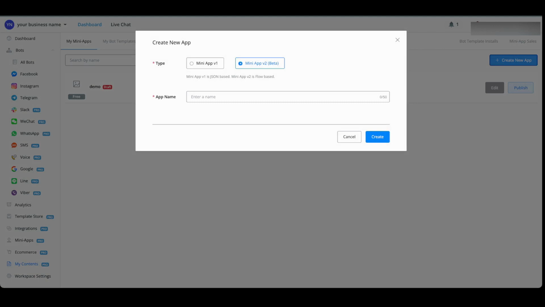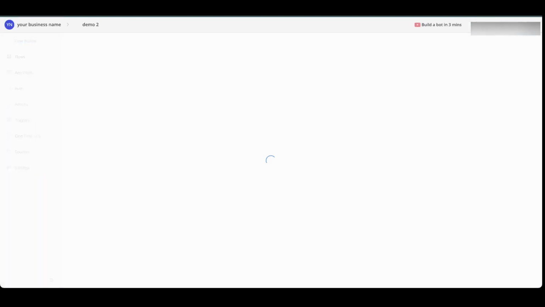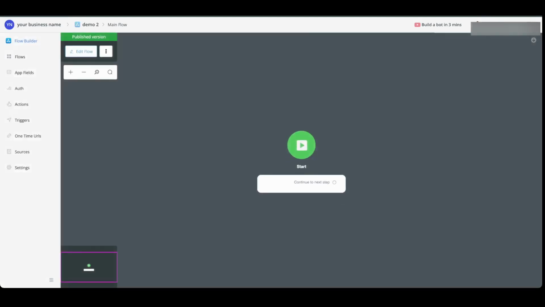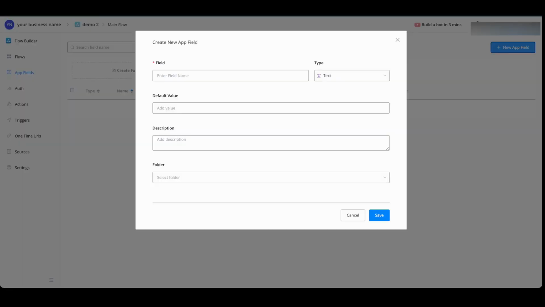If you want to create a new app with the mini app version 2, it's pretty similar. You give the app a name, you press create. If we go into edit mode, you will now come to a flow builder like environment, like the one you will be building with your chatbot flows. On the left hand side, you will have app fields, which you can pre-build, and you have the access